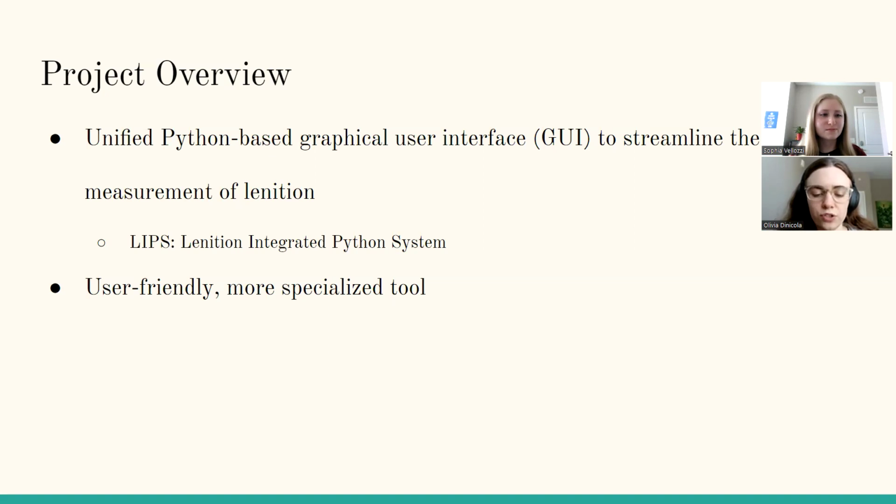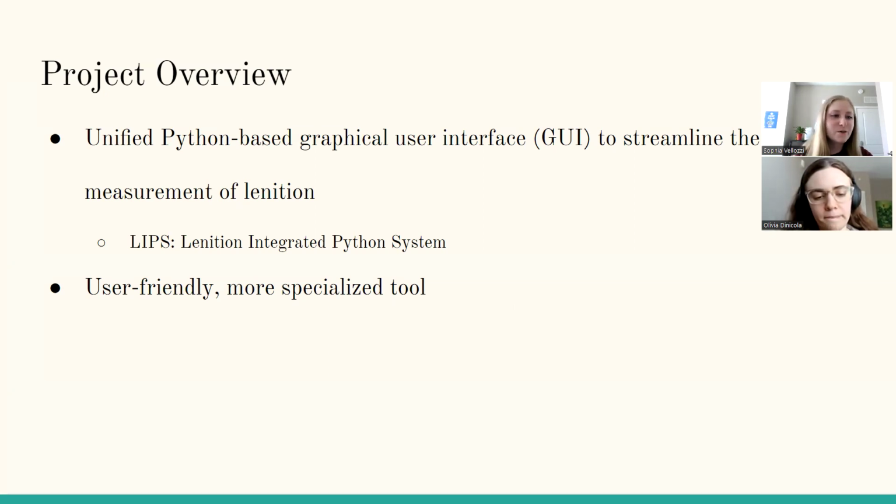Traditionally, in linguistic research, various lenition algorithms, like harmonic-to-noise ratio, are applied separately to audio data using various Praat and R scripts, resulting in a tedious, inefficient, and irreproducible process. Our solution integrates these algorithms seamlessly within a single GUI, eliminating the need for researchers to have technical command line expertise. Our goal of having a user-friendly interface empowers researchers to effortlessly run multiple algorithms, offering a more efficient alternative